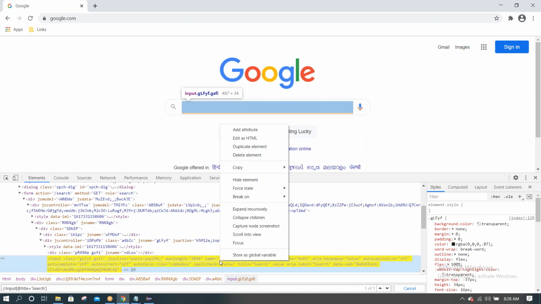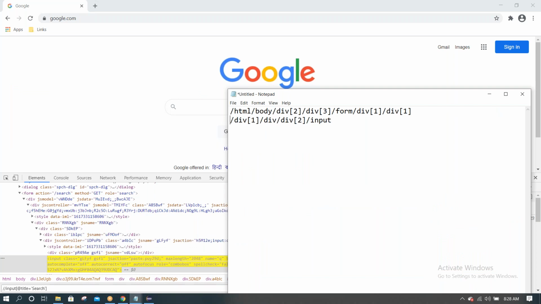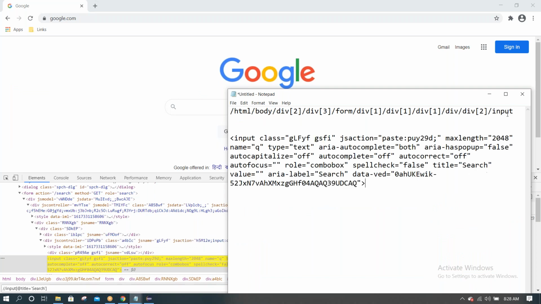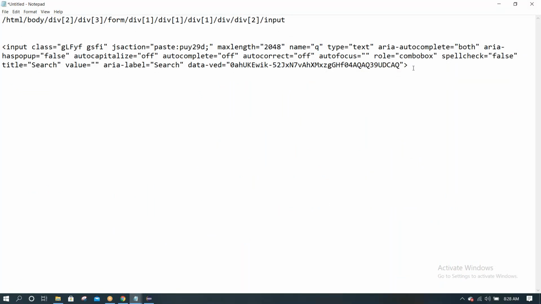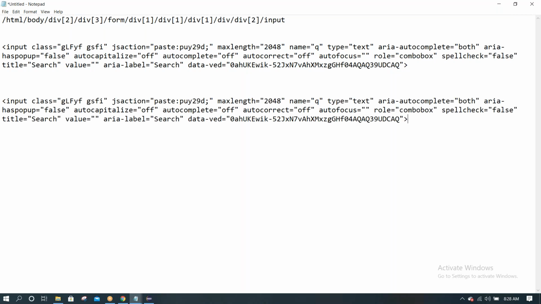Consider there is another element, and we can copy the properties as well. These are the properties of that element. Consider there is another element like this, name equal to q and title is something else.